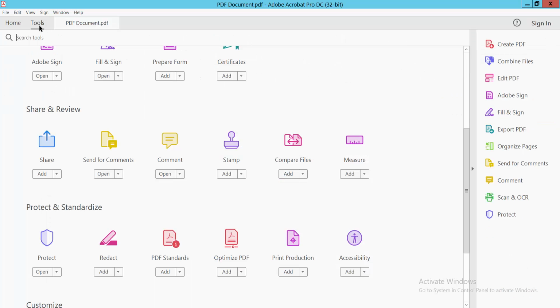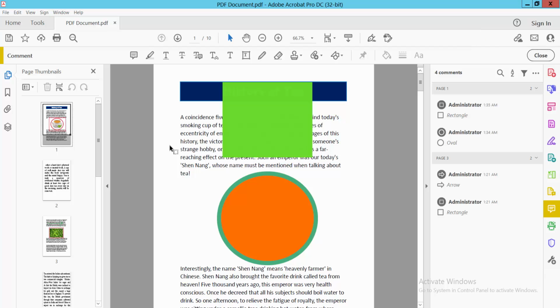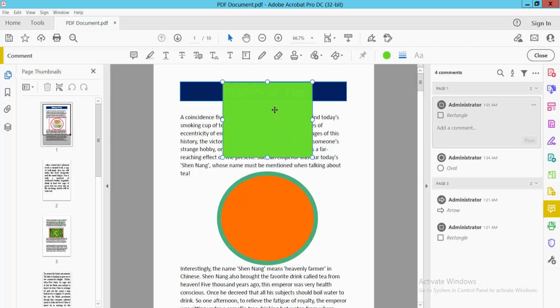First select the Tools option. Now scroll down. Here you will find this Comment option. Select it. Now click on your shape and select it. Now click the right button for Properties